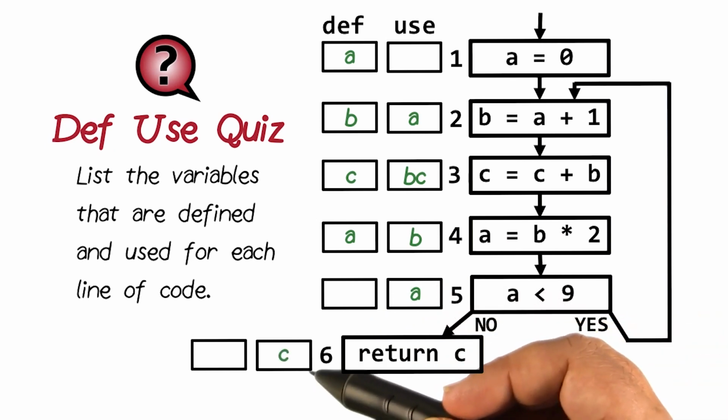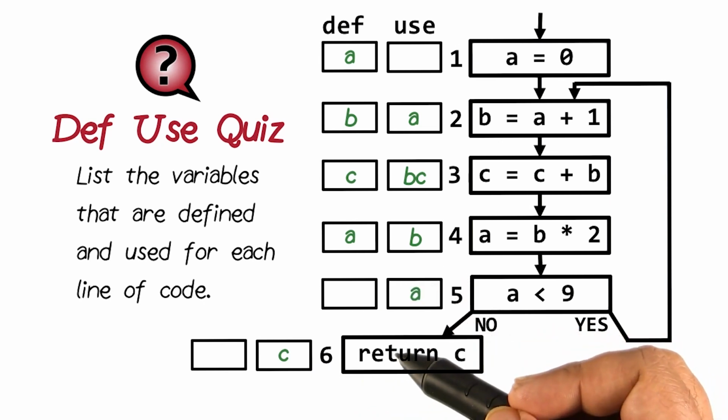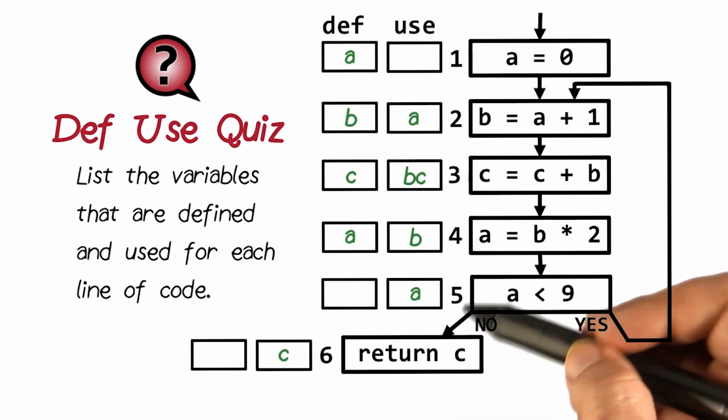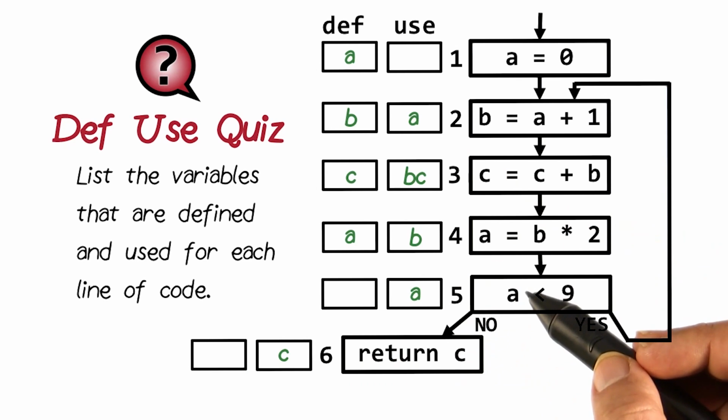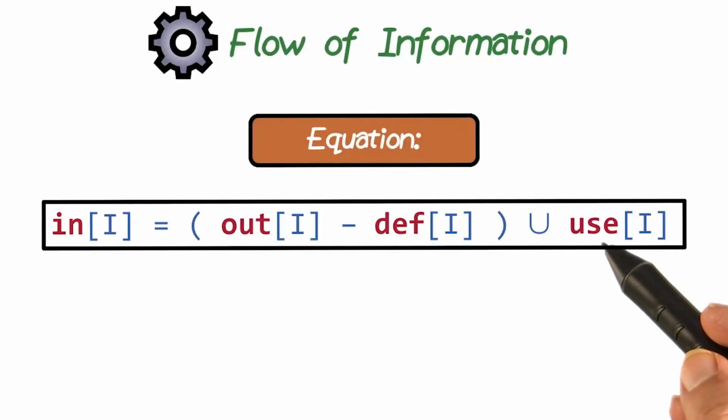And finally, if you continue to 6, only c is being used as the return value. There's nobody who is writing or modifying anything here, and so the def set is null here. So these are the answers to the def and use sets for each of the variables. Please check those. So again, recall that we had this nice equation which told us how do we determine the